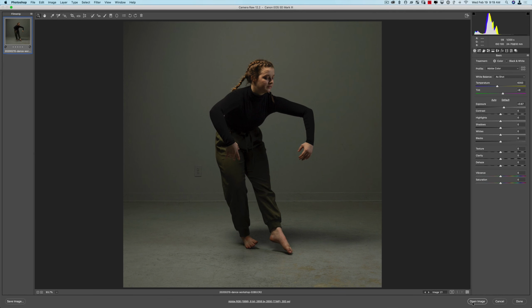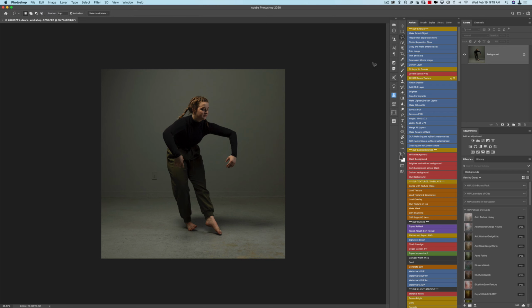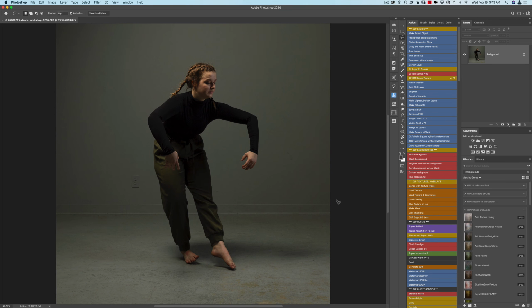All right, here we go. So I'm opening one of the images from the dance workshop, and the first thing I'm going to do is clean up the background. So I always go into having the image fill the window, and then I'm going to